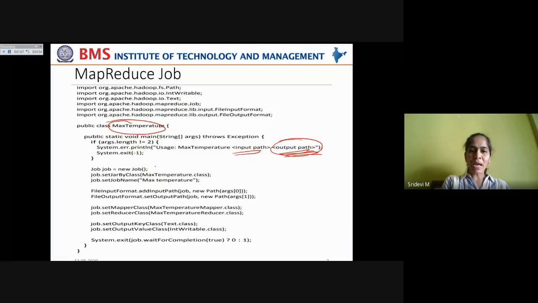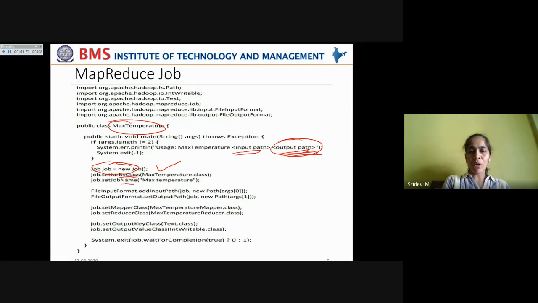Now, in order to hand over this job to Hadoop and facilitate it to distribute it into various tasks across the data nodes, you need to pack it into a job first. That is why you are creating a new instance of the Job class, and you're setting the jar file also. Meaning you're packing this MaxTemperature.class file into a jar file so that the Java archive file can be distributed by Hadoop across all the nodes in the cluster.